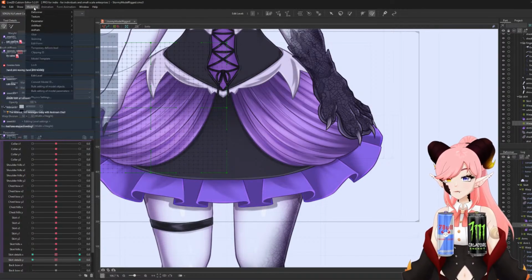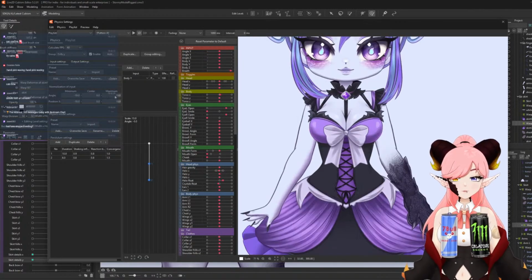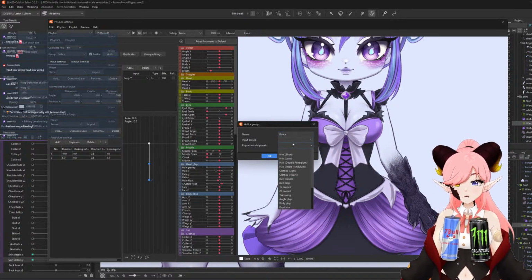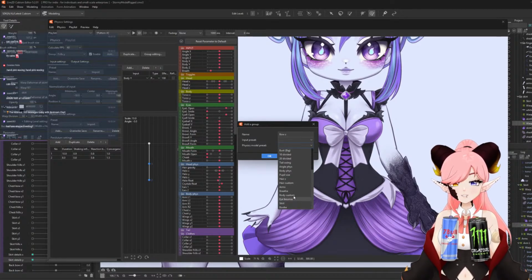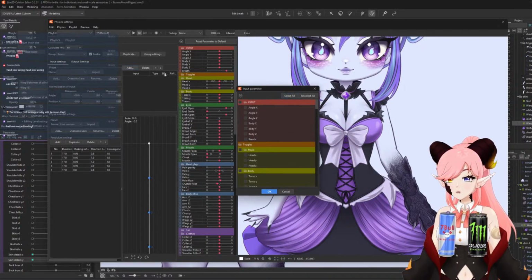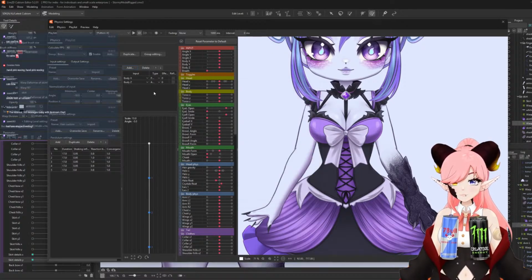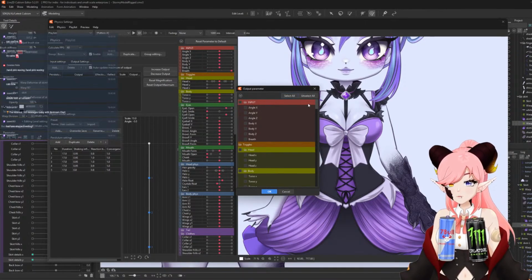There we go. Okay. Now let's put that in physics. I haven't done the physics for the bow yet, so let's do that first. Bow X. Preset. Let's say the same preset as the hair is probably fine for this. Add